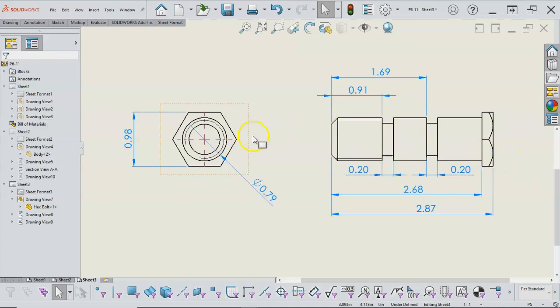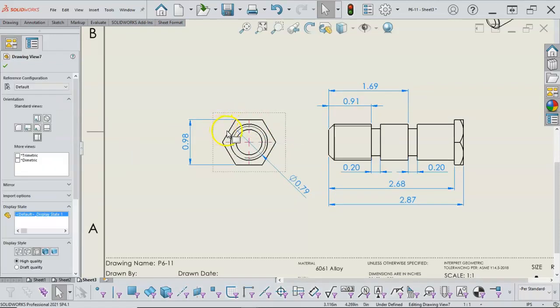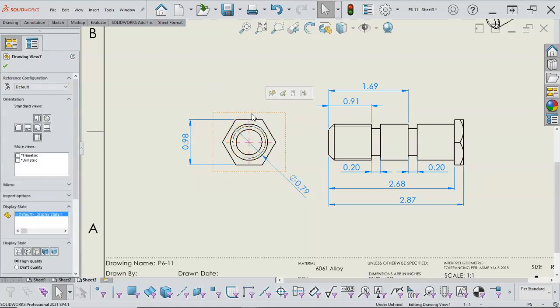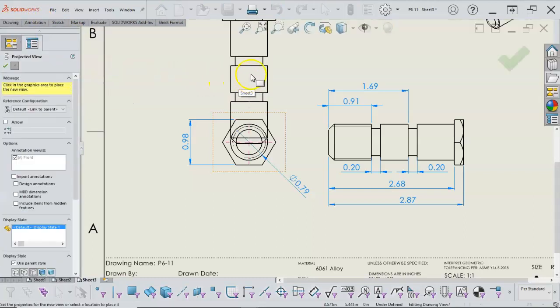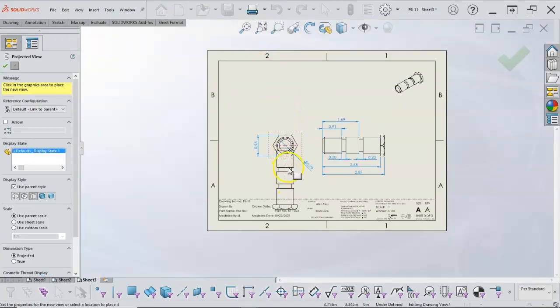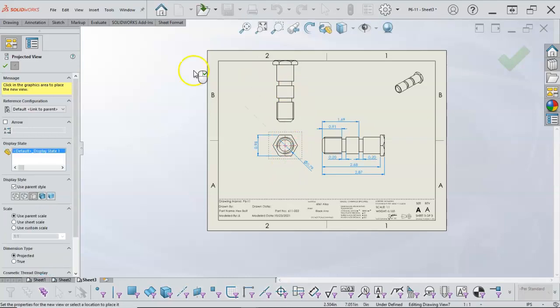Since that's really not in the detail, I don't know that I can pull that out as an auxiliary view, but let's see, looking at it that way, that doesn't help. I need to be looking at it that way, so let's go ahead and go into the drawing view and bring off a projected view. I don't think the auxiliary is really helping me there. So that will get what I want,